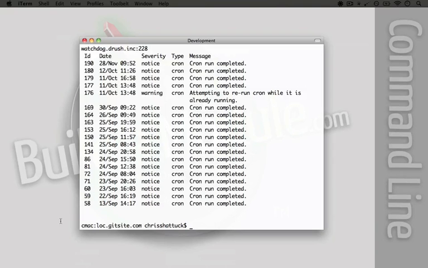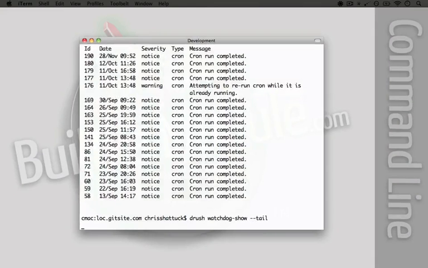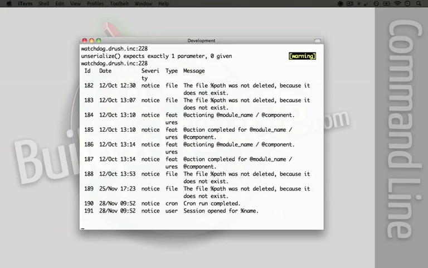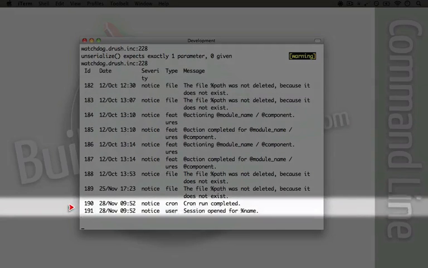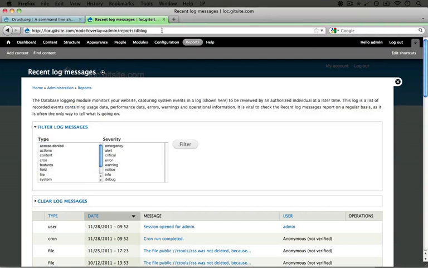The watchdog utility also allows us to watch the error messages in real time by using the tail parameter. So if we do drush watchdog-show and then pass it tail and hit enter, we'll see our last log messages. But now if we go to our site and, for example, go to a page that doesn't exist, I'm going to jump to the browser and navigate to a random page.